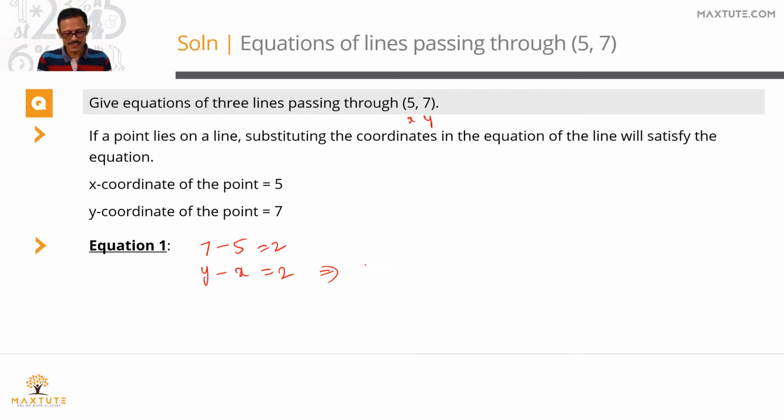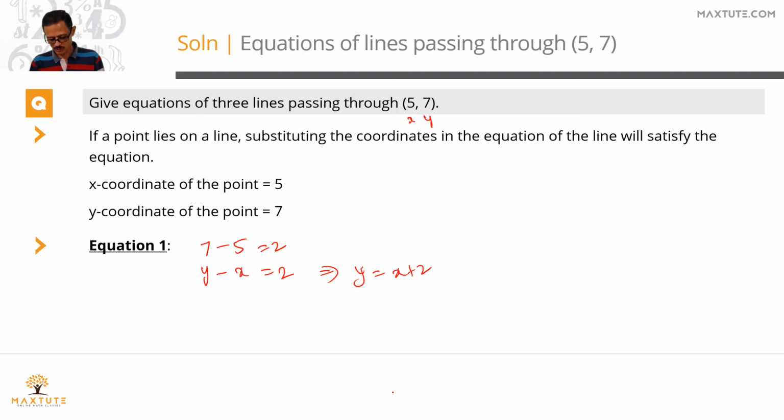You can possibly rewrite it to resemble a very common denotation, which is y equals mx plus c denotation. So y equals x plus 2 is an equation through which 5, 7 passes. Or the 5, 7 lies. Or y equals x plus 2 is a line that passes through the point 5, 7, both meaning one and the same. So what did we do? We found out the difference between these two numbers. Replace 7 with y, replace 5 with x. Found out the difference. That's one way of framing an equation.